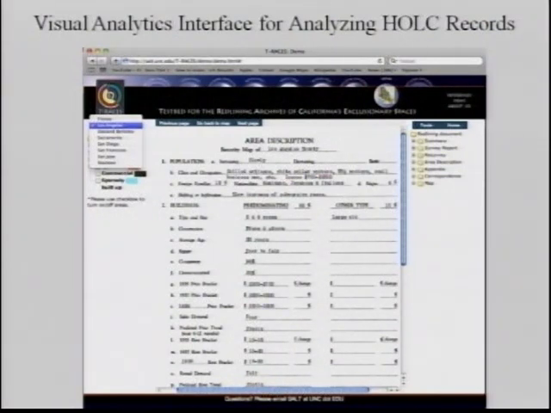So on the left, you'll see a little menu. You can choose your favorite city. In this particular case, I picked Los Angeles. And then there's a little tools menu where, in this particular instance, I chose just a browsing of the image files themselves. The image files are segmented into different categories. You have summaries, the survey itself, which is an economic, mortgage, housing, and ethnic survey. In some instances, like Los Angeles, you have a resurvey. And the area descriptions, which is what I'm going to talk about.